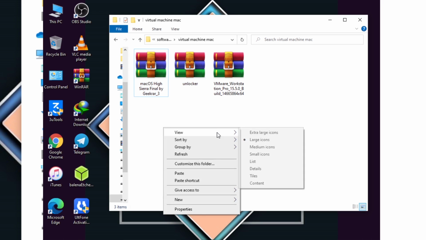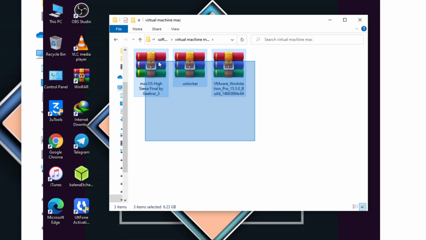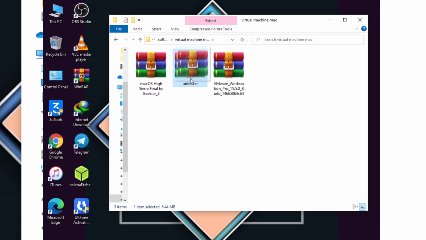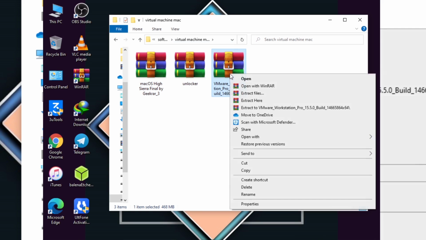Now you can unlock your MEID and GSM iPhone with SIM-Call Fix and with everything fixed in Windows by doing this whole process. For that you need the first file, which is of macOS, the second file that is Unlocker, and the third file which is VMware, that is virtual machine. So first of all, we need this VMware virtual machine file.